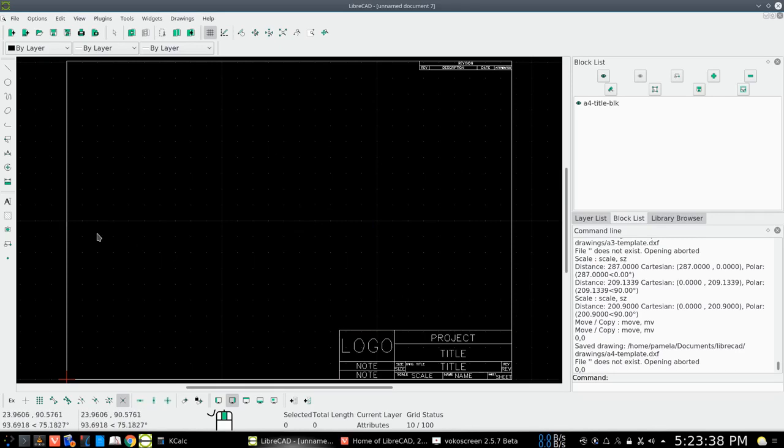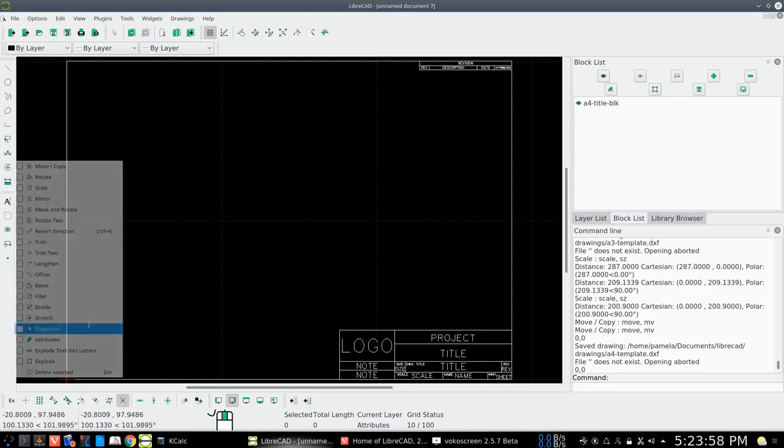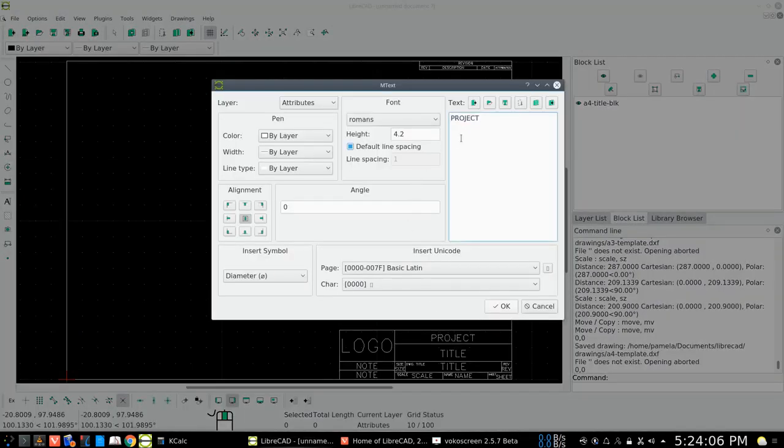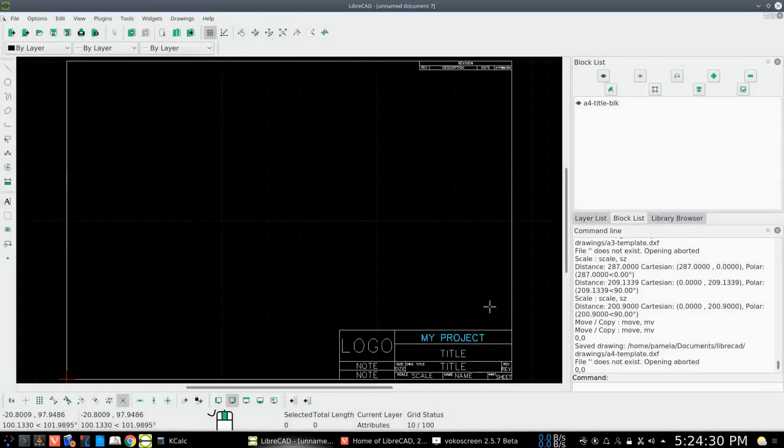Okay. Attributes. So let's say that we now have a project name. Okay, we've loaded that block for our drawing, and now we've exploded that block so that we can fill in our personal information. So what we'll do is we'll go to properties here, and we'll choose project. Okay, there we go. And we can say my project, and perhaps you want to make it Cayenne, and maybe you want to increase the line weight. Okay, there we go. You see,